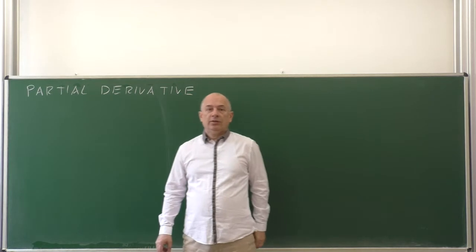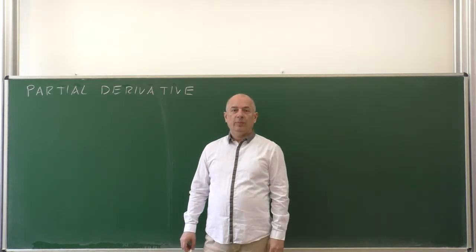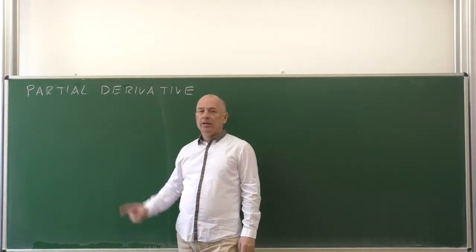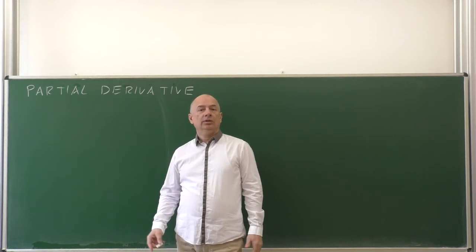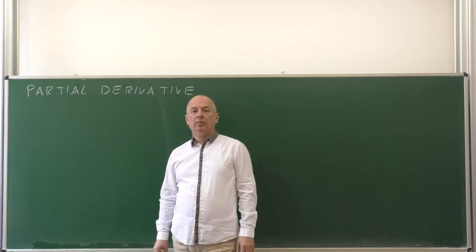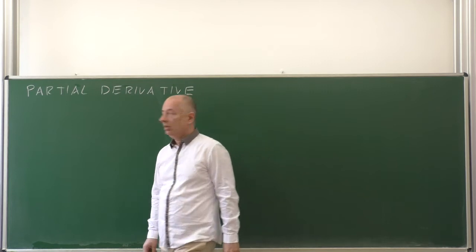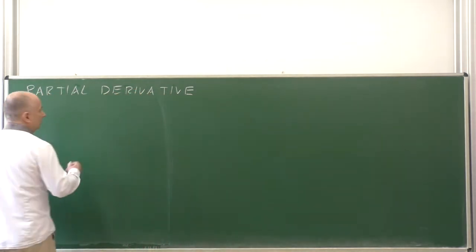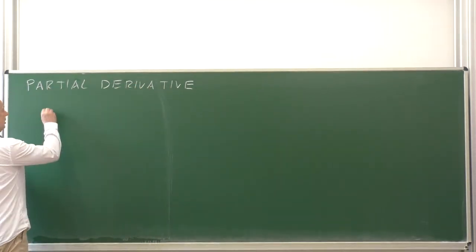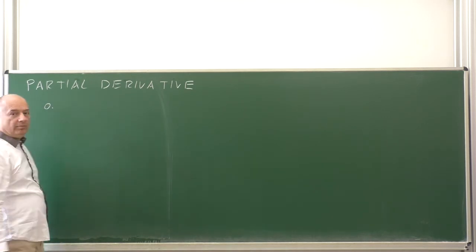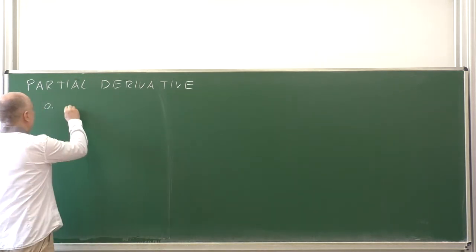The name of this section is partial derivative. Partial derivative is a generalization of the derivative that we were talking about for a function of one variable. So if we go back to the previous semester, let's call it point number 0, if we have a function